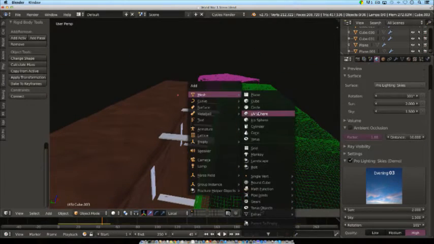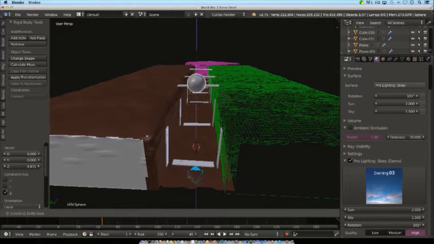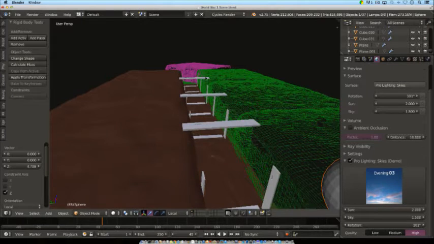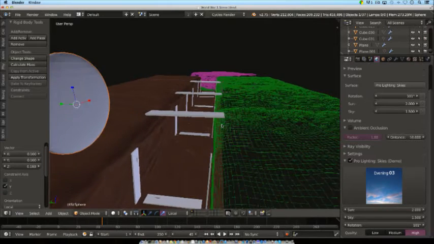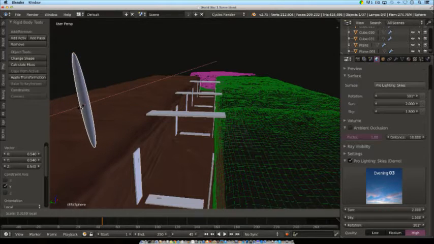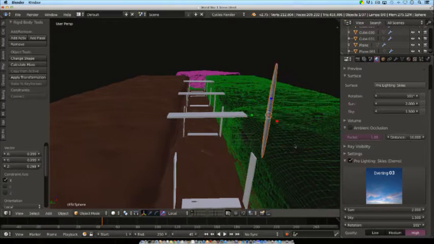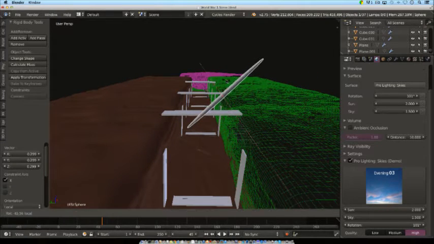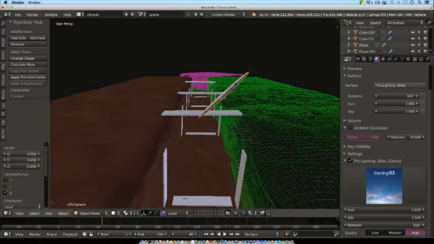So I'm just going to get a sphere, which seemed to be the best option. I'm going to drag it up here like this, and I am just going to shrink it down so it's almost cylindrical, so it's pretty much a cylindrical looking thing here, like so, and it can be very thin. It doesn't have to be very thick at all, like so. And I'm just going to drag it to the side, and I'm just going to shrink it down again a little bit more. Do a little bit more shrinking, and then what I'm going to do is I'm just going to drag it